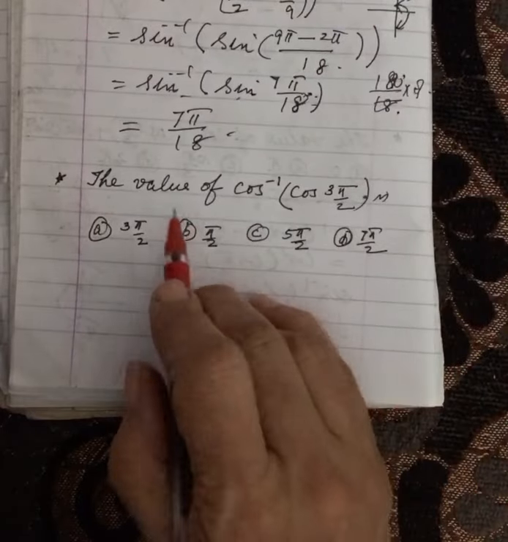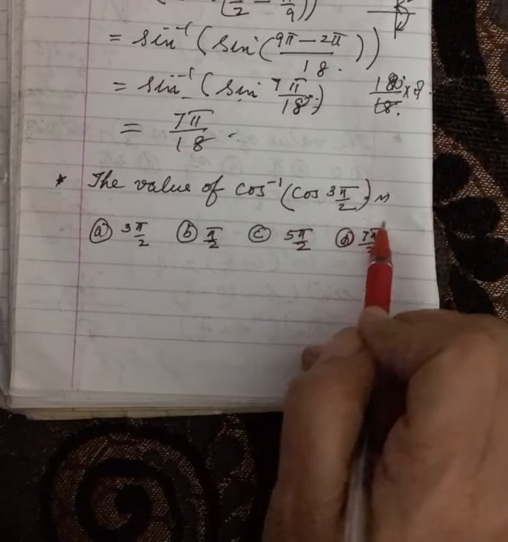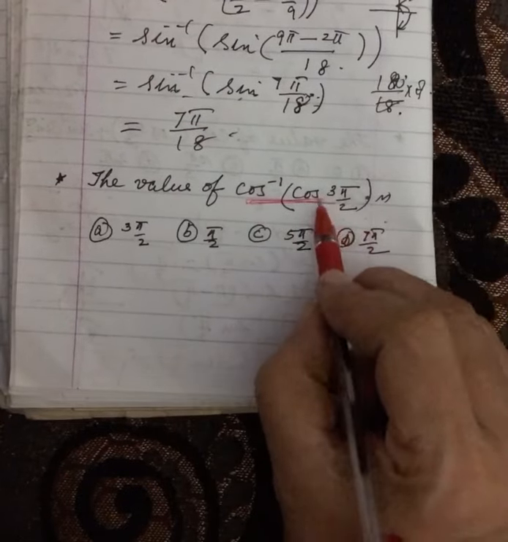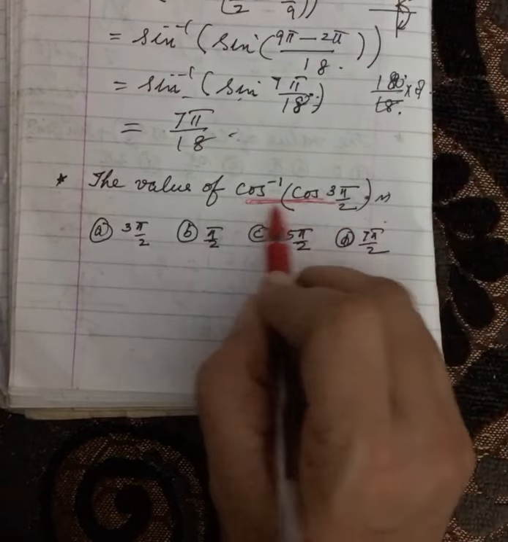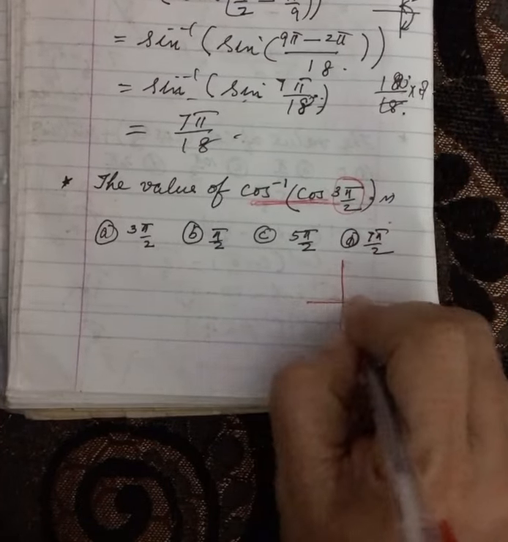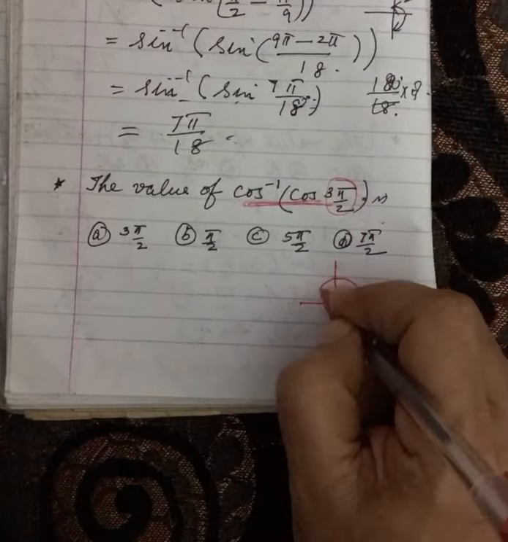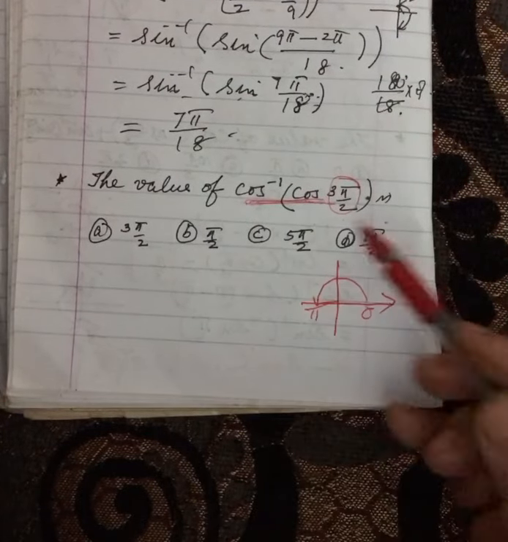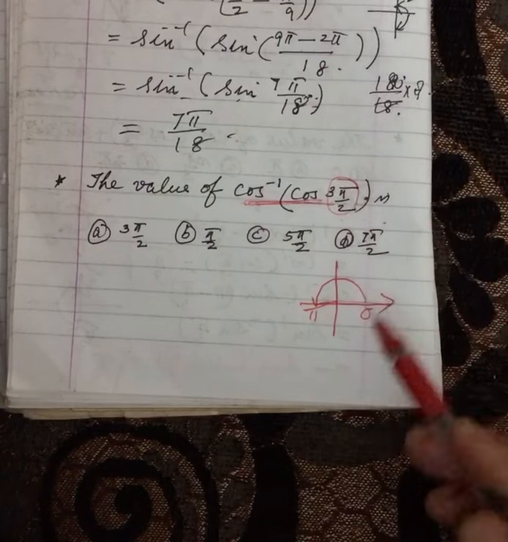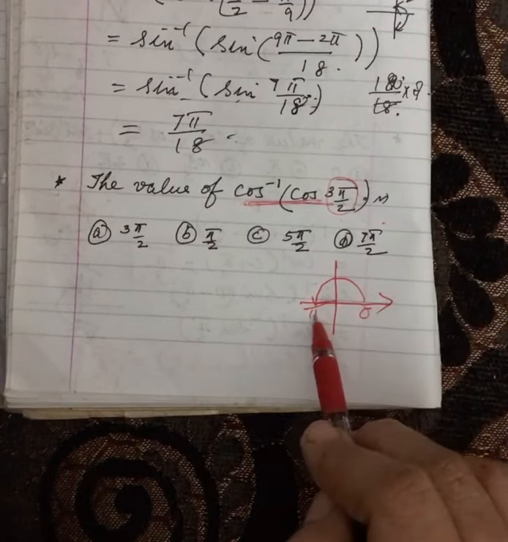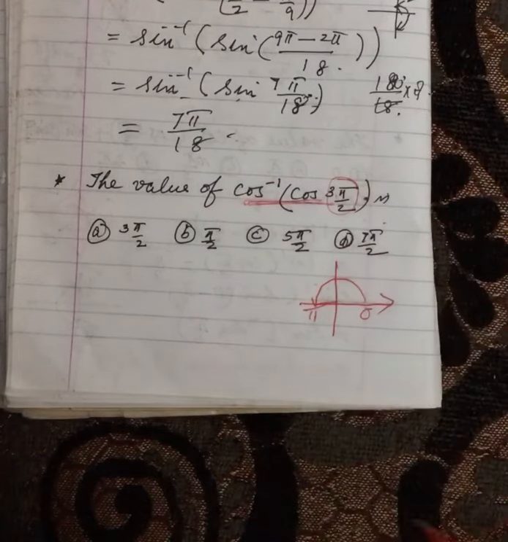The next one is cos inverse of cos 3 pi by 2. This is a very different type of question. Cos 3 pi by 2 will get nullified only if this angle comes in the principal value branch. Whenever you get cos inverse, immediately draw this figure. It is from 0 to pi. Cos inverse of cos theta becomes theta if theta comes in this principal value branch, that is from 0 to pi. And where does this 3 pi by 2 come?